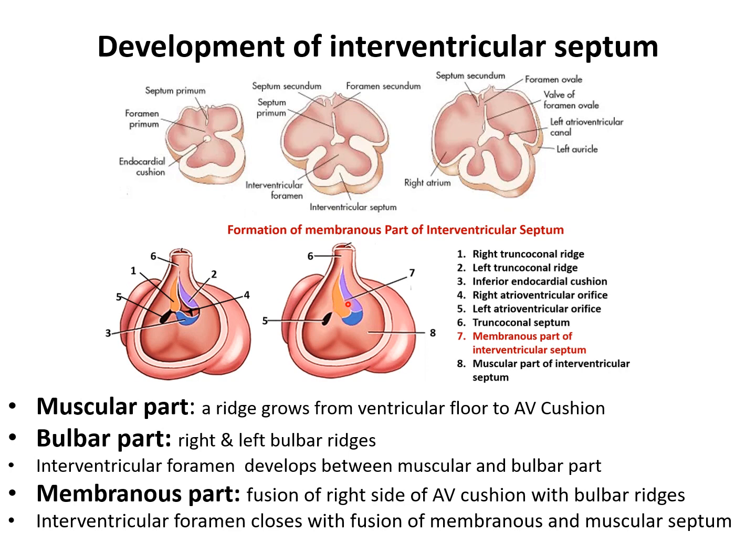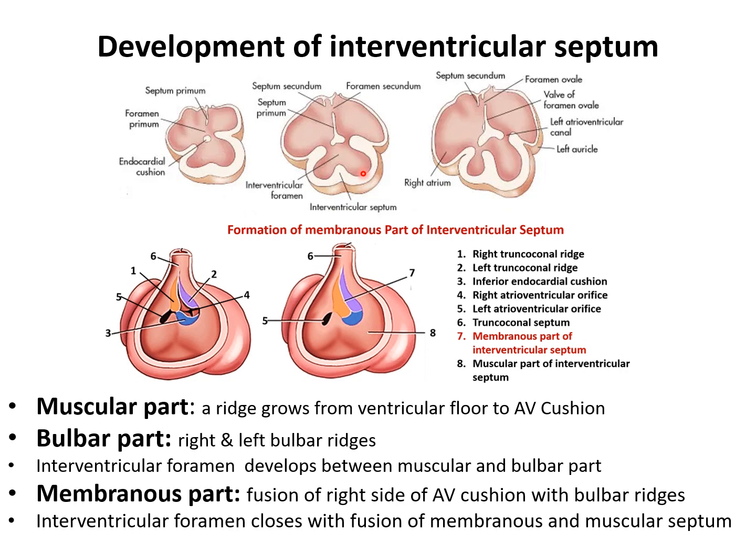Now, how are they developing? First of all, the muscular part, as we have already discussed earlier, some septa develop because of the expansion of the adjacent areas. So the muscular part of the interventricular septum is just an example of that. It is because the adjacent areas expand more and appear as a ridge, and then this ridge grows towards the septum intermedium, the septum which is dividing the atrioventricular canal.